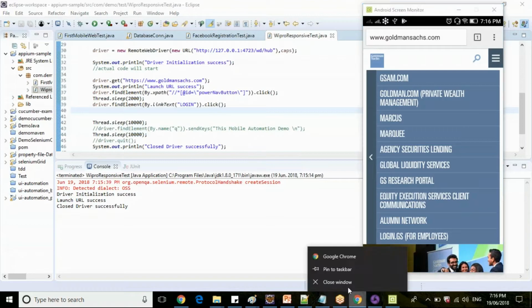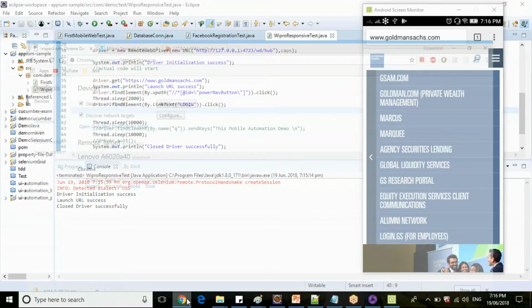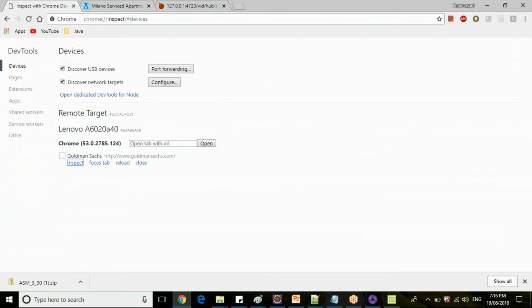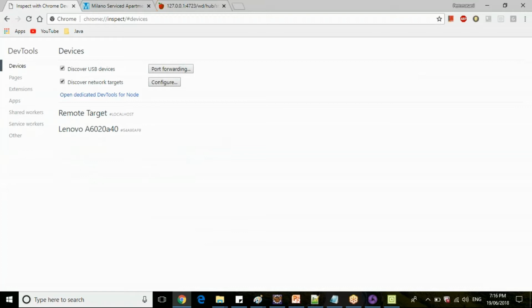If you want to inspect, what you need to do, guys, is just go to your Chrome browser and type inspect devices. Let me refresh this one. I already have a Goldman Sachs session running. I'll click on inspect. Okay, so my APM server has quit.